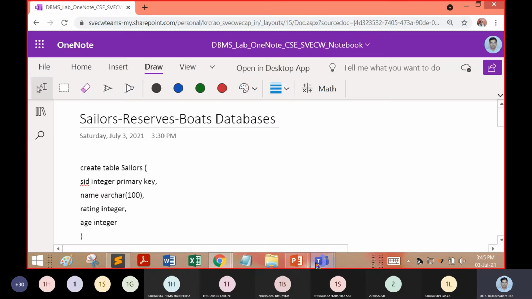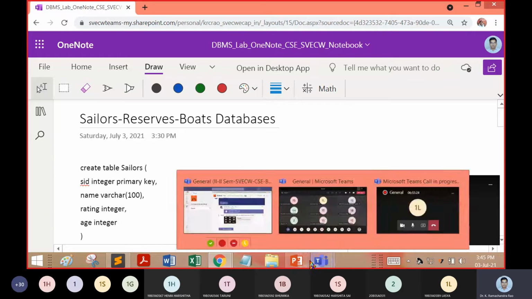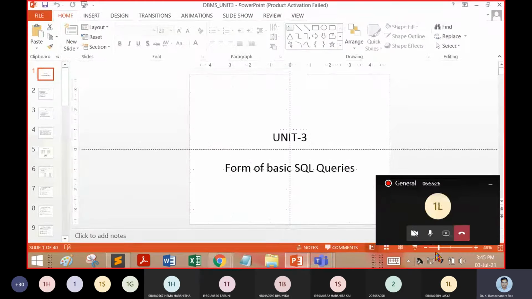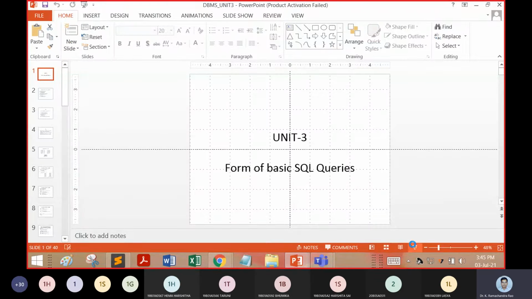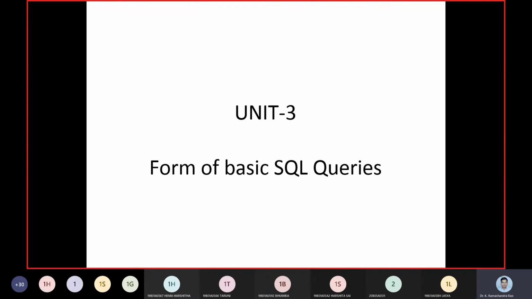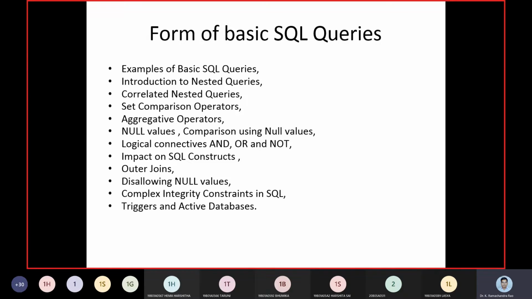So welcome to this DBMS class. We are ready to begin our revision part. In this revision part, we will work out the different basic SQL commands. From this unit, we would like to cover the basic SQL queries,